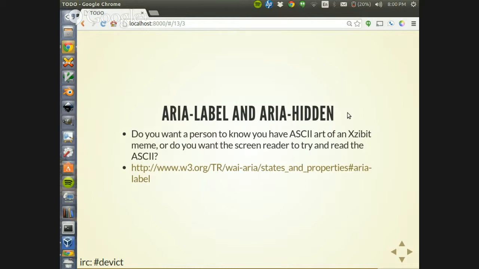Case in point, if you want to use ASCII art, do you want to tell them, I have ASCII art of an exhibit on my page, or do you want it to say, you know, yo dog, whatever, and then it gets to the ASCII art and tries to read a bunch of garbage. Although I think it'll actually just skip it, so then if you don't intro what your content is, ASCII art,